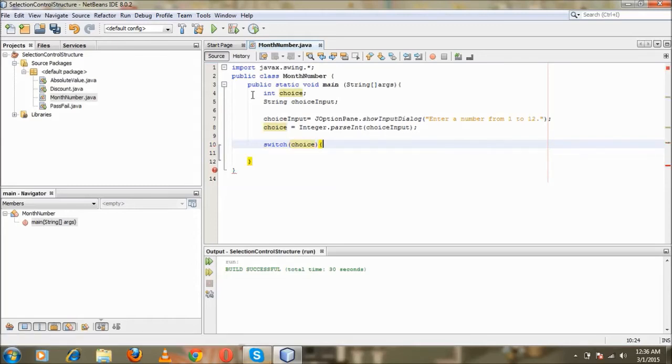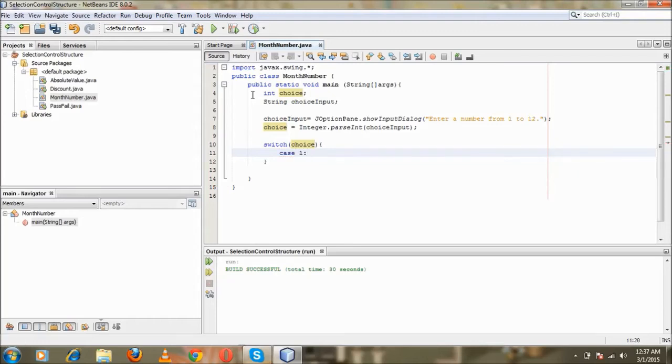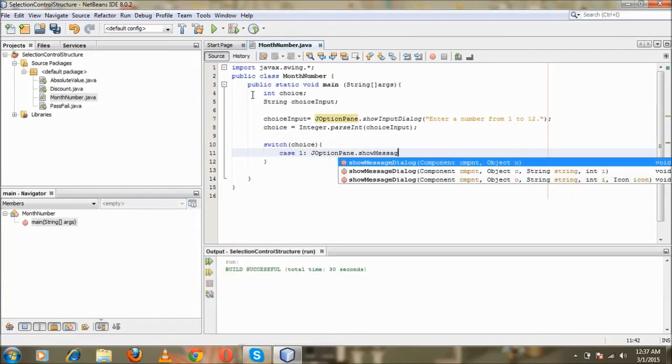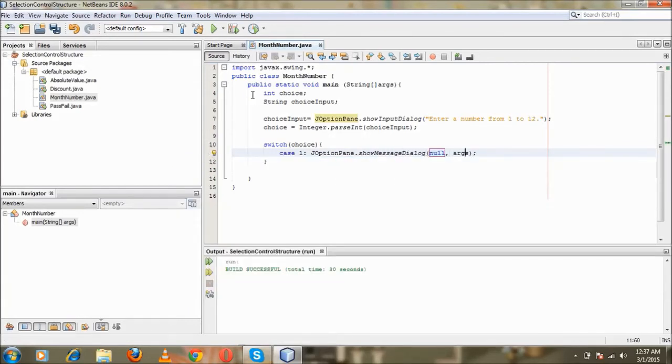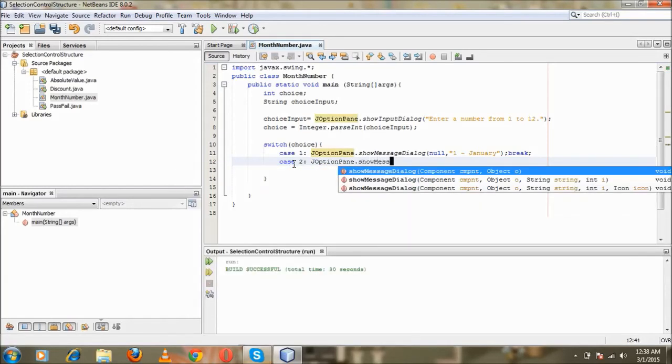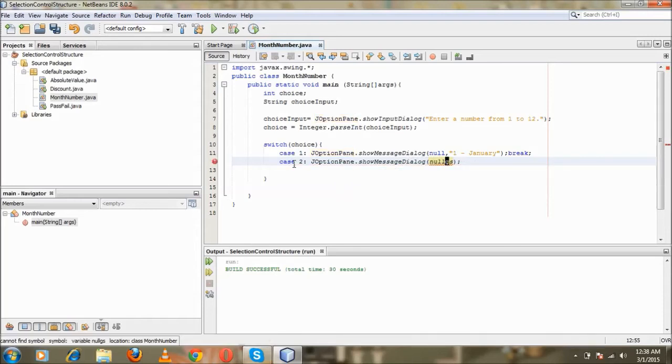Case 1: JOptionPane.showMessageDialog(null, "1 - January"); break; Case 2: JOptionPane.showMessageDialog(null, "2 - February"); break;